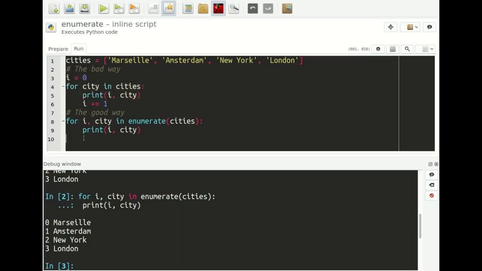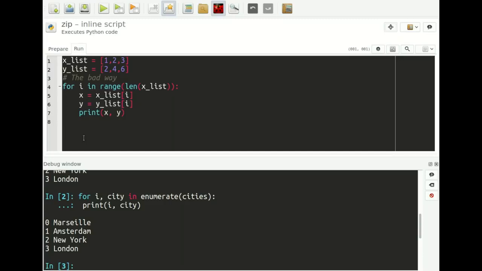Now, let's move on to scenario or tip number 2, which again has to do with lists. And the scenario is the following. Say that we have 2 lists, for example, a list of x coordinates and a list of y coordinates, and we want to walk through these 2 lists at the same time, for example, to draw a dot at